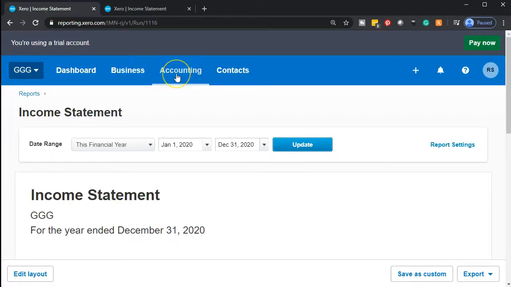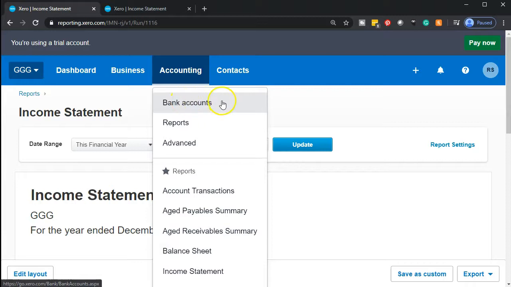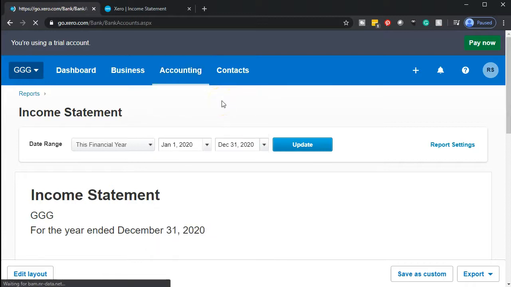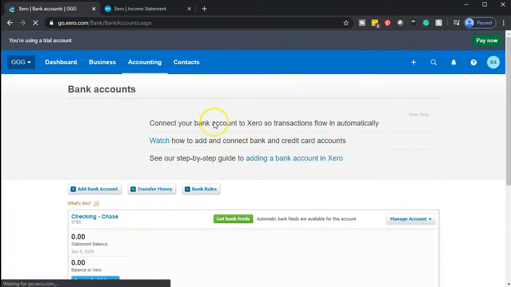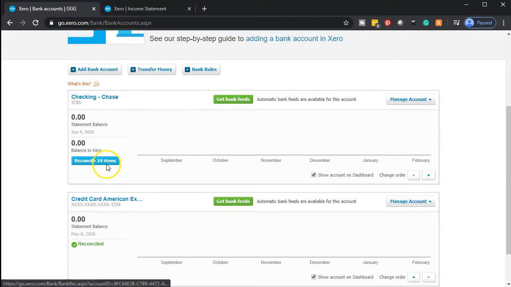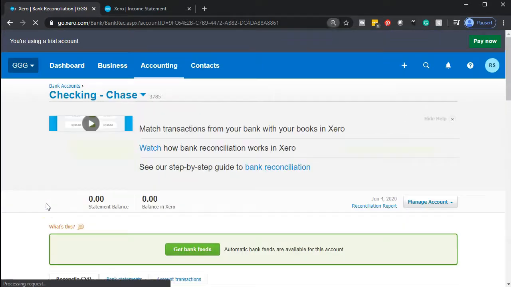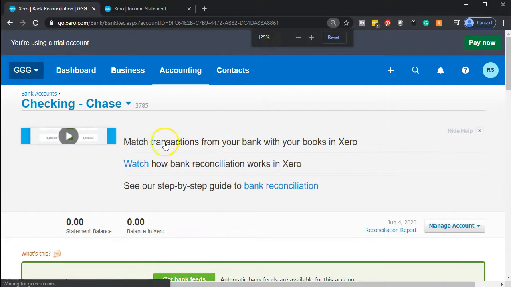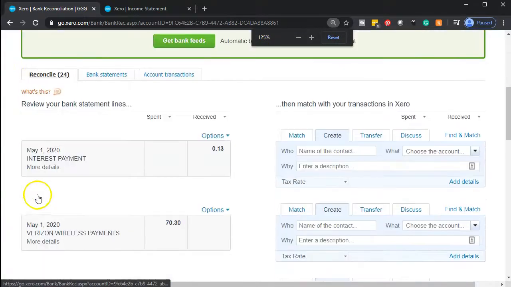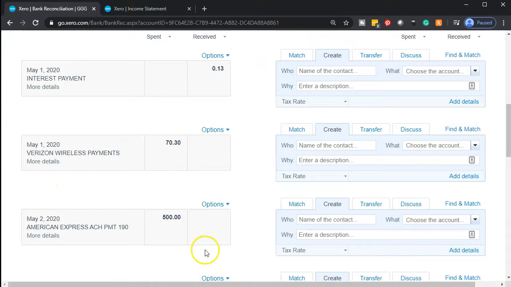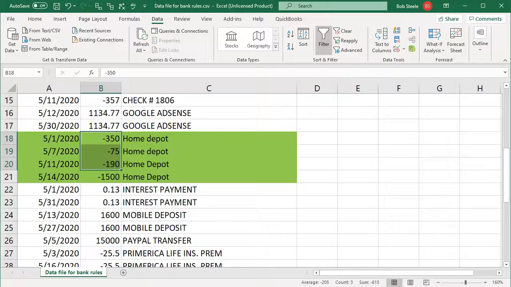We're going to go to the accounting drop down. We want to be picking up our bank accounts because we will, of course, be looking at those bank feeds in the checking account, of which we currently have 24. So we're going to select that 24 blue item down below for the bank feeds. I'm then going to hold down control and scroll up just a bit to pick us up to that 125. 125, that's where we like to be. Then I'm going to go down and jump over to our data file in Excel